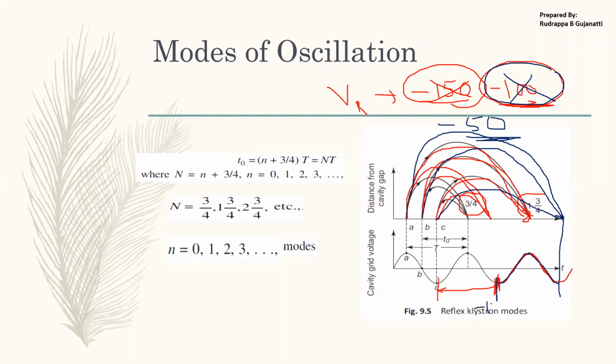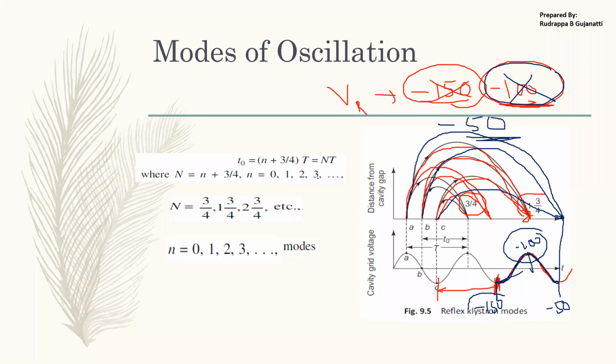Now here, say I am just assuming that at minus 150 bunching was appearing here, at minus 100 volt, bunching was appearing here. At minus 50 volt, bunching occurred at this point. So if you observe the repeller voltage, I'm getting the positive peak at one point, but at the other two, interaction is happening at a lesser point. So here the output will be very less and here the output will be very less. So that is what we can observe. So that is what is represented over here.